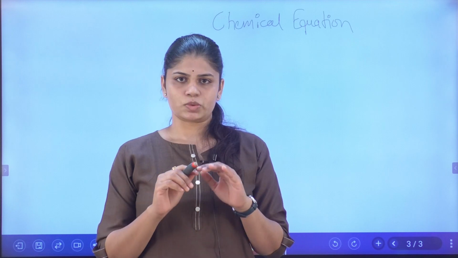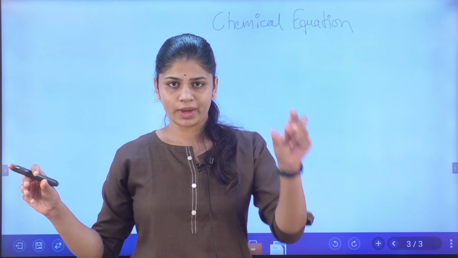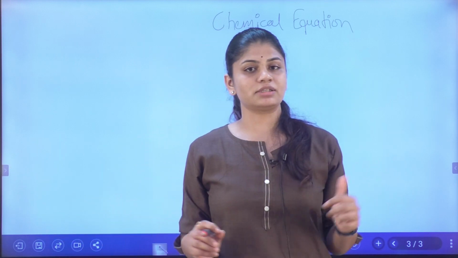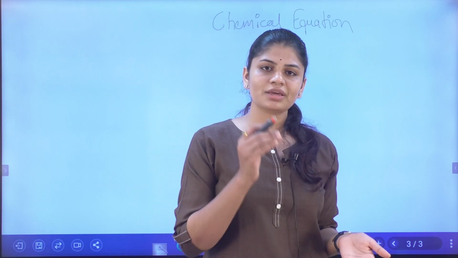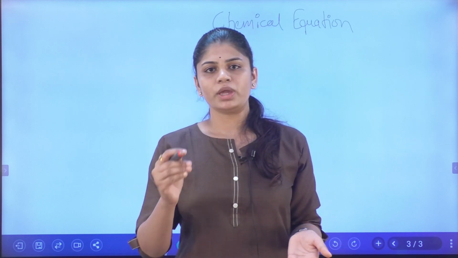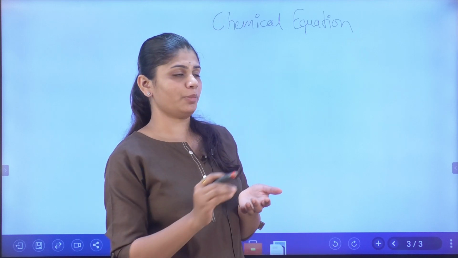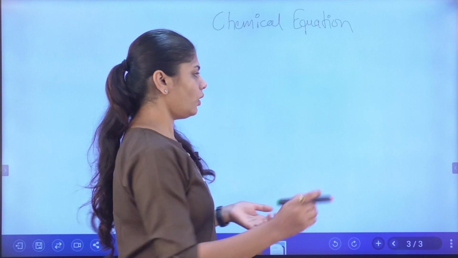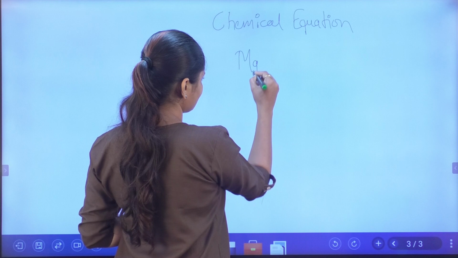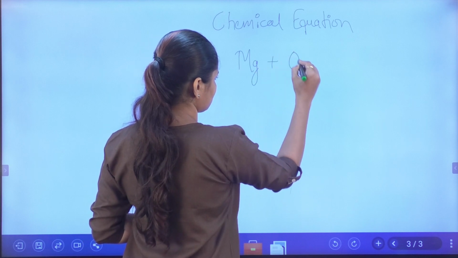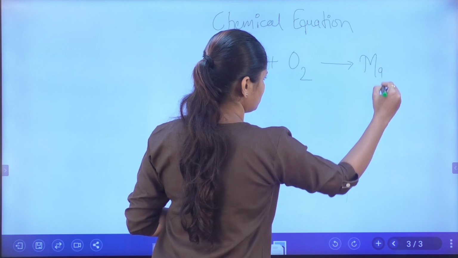This is very simple, no need to think. We are writing something to express a chemical reaction, that is nothing but a chemical equation. To express the chemical reaction we have to write it in a particular form, and that is nothing but the chemical equation. Suppose take another example like magnesium, that is Mg plus oxygen, gives rise to magnesium oxide,